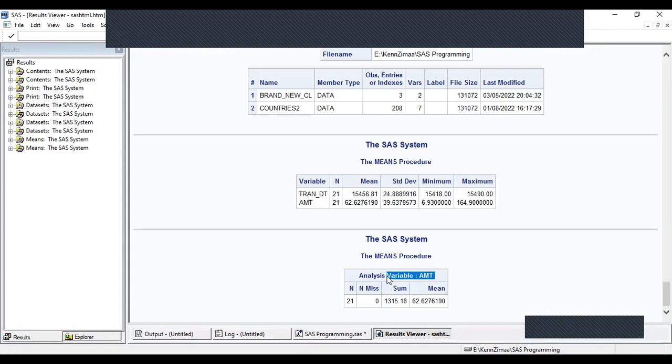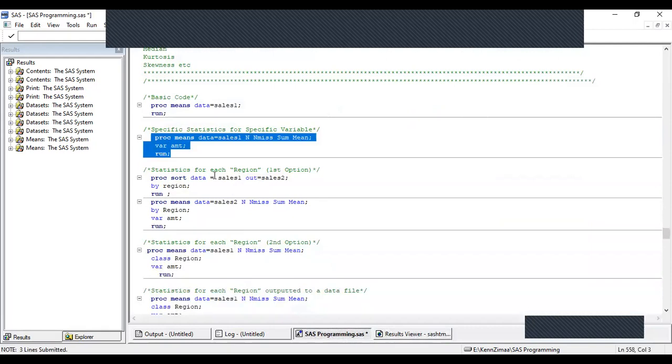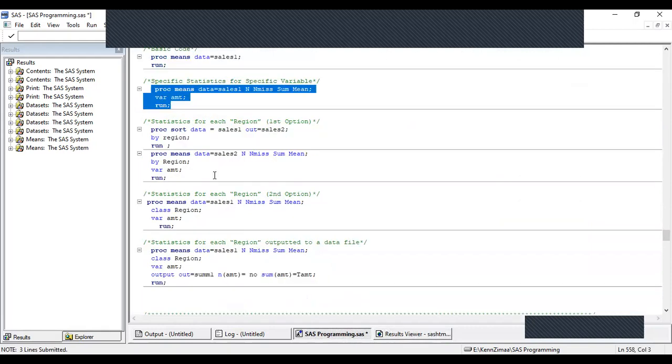for this particular variable amount, it has given me the number of observations. If there are any missing observations, so there are no missing observations. What is the total and what is the mean or average of that particular variable in my data. Now,